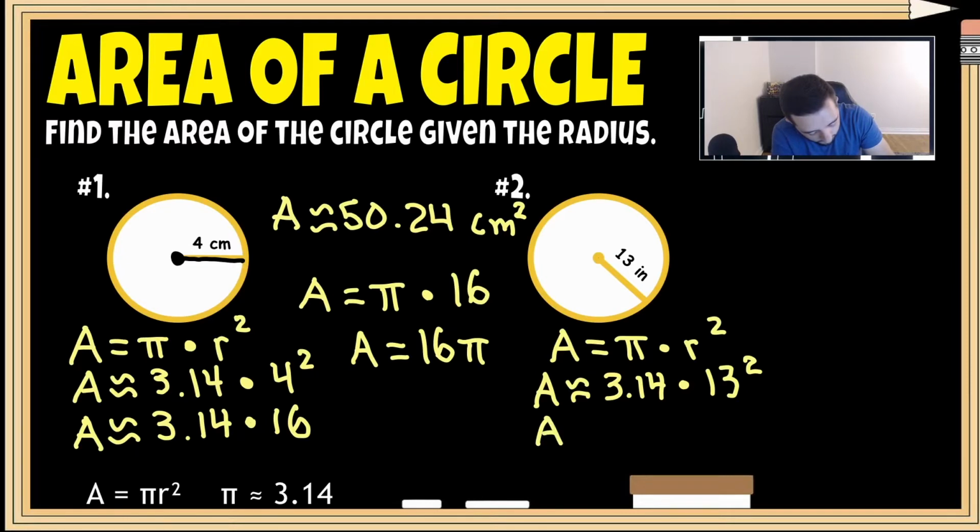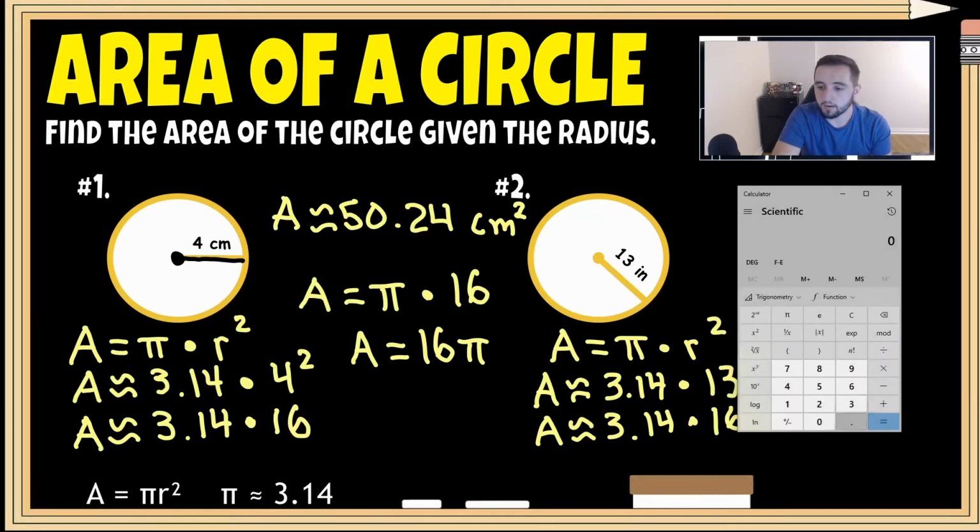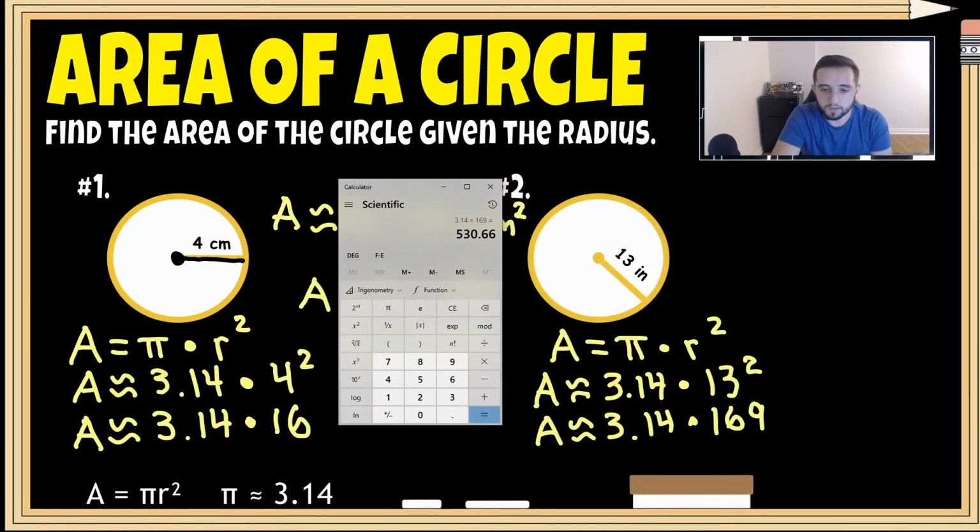So we have 13 times 13. So again, we'll rewrite it. Area is approximately 3.14 times 13, which is 169. Then we'll multiply these together. So again, let's pull out our calculator here. So we have 3.14 times 169, which is going to give us a value of, let me just move this over here. Our area is approximately